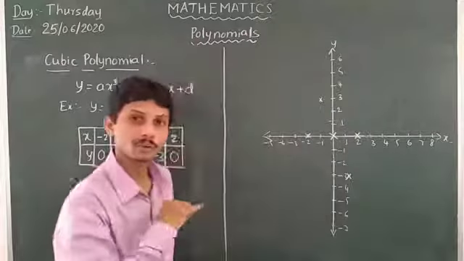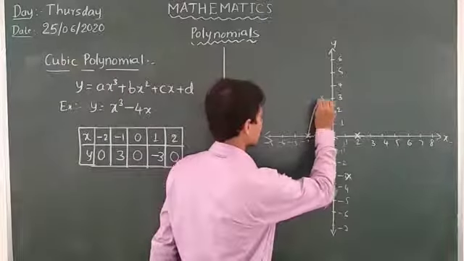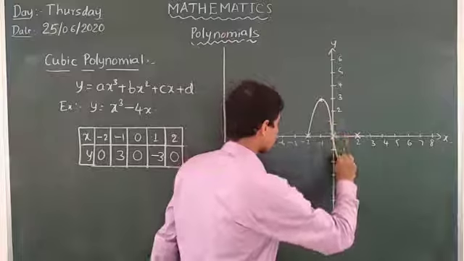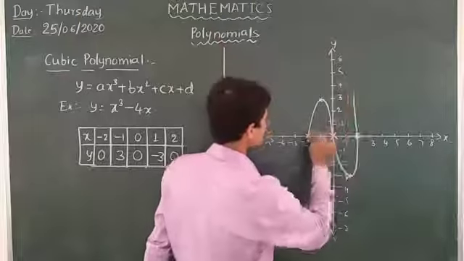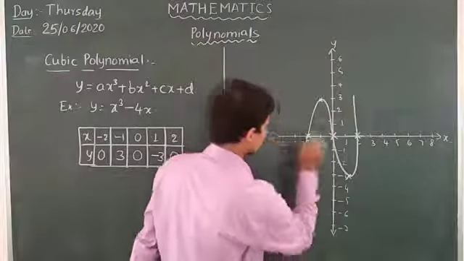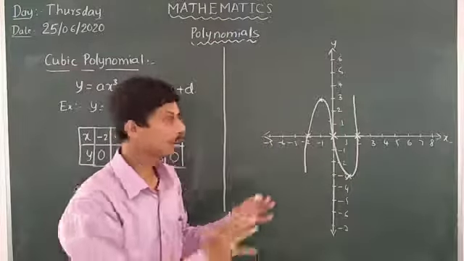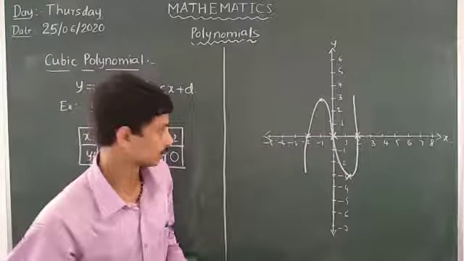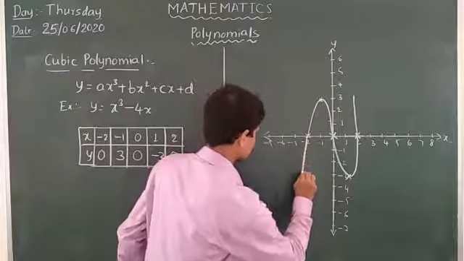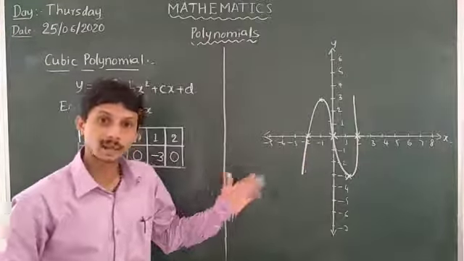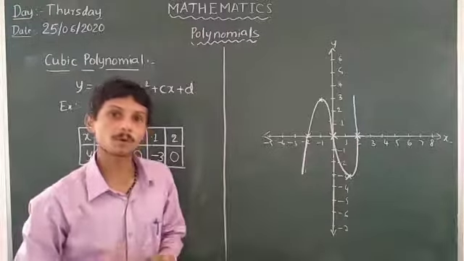So we have to draw the line. So here I join all these points. So I will extend it up to 3. So from this we get a curve like this. Yes. So it's a graphical representation or geometrical representation of the zeros of the polynomial.